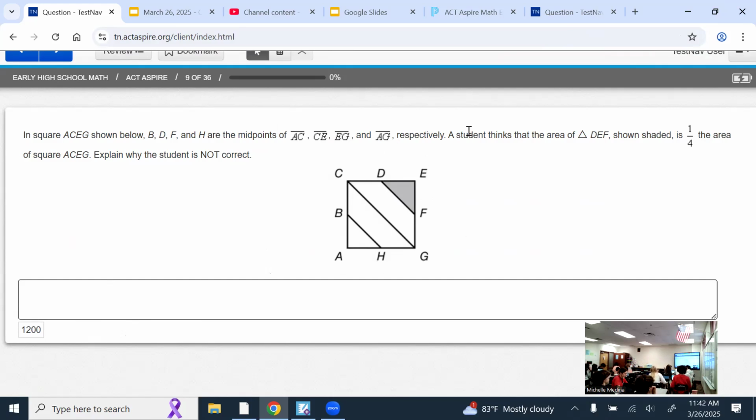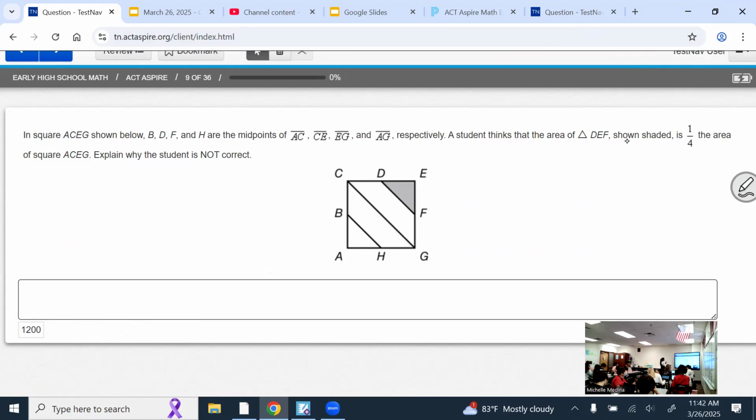All right. A student thinks that the area of triangle DEF, so that's what's shaded over here, triangle DEF, is 1/4 the area of the entire square. Explain why this student is not correct. So they're telling you they are not correct. So in your explanation, don't say, actually, they are correct, because they're telling you. Explain why it's not correct. So